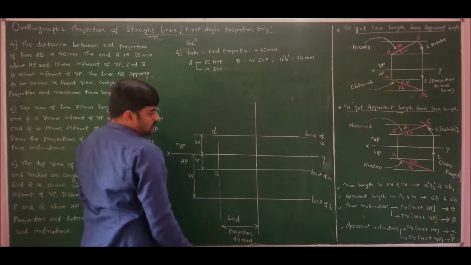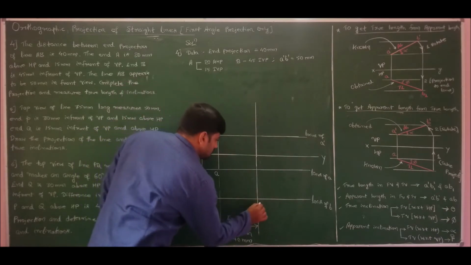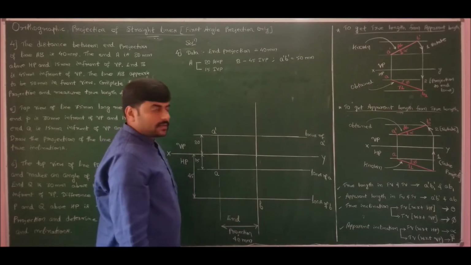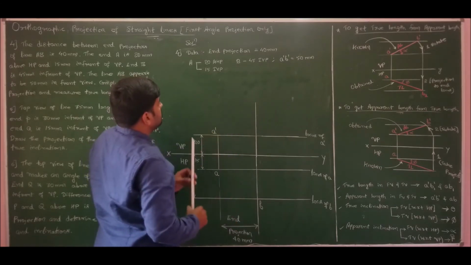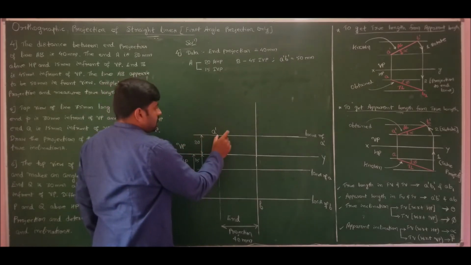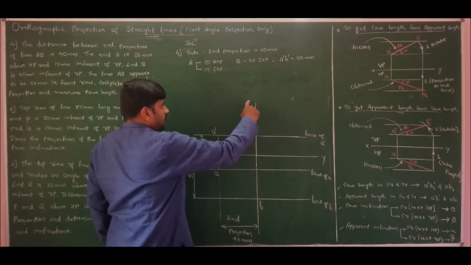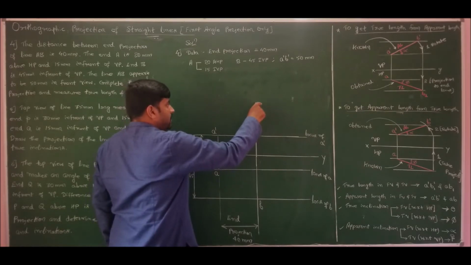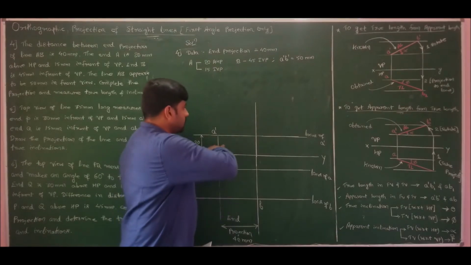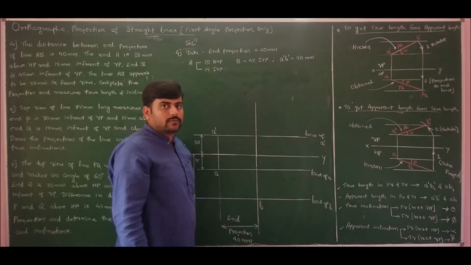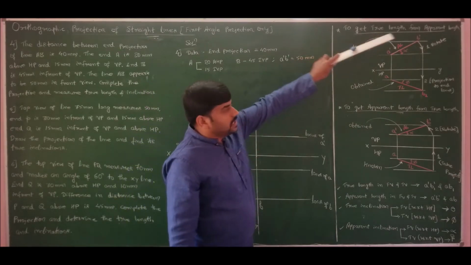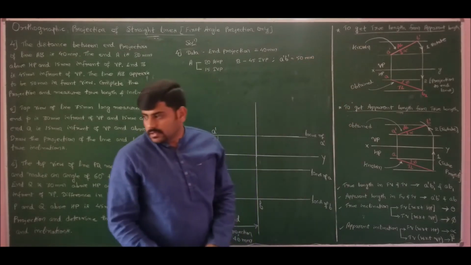Since we already know the locus directly, we obtained this as point B for us. So directly we got the apparent length. And he is clearly stating that the apparent length in front view is 50 mm. So from here take a radius of 50 mm and cut the arc, thereby I will get B dash on this vertical line of the end projector. That completes the apparent length in front view and apparent length in top view, from which you already know that once you know the apparent length, you know how to get the true length. Let us solve it.